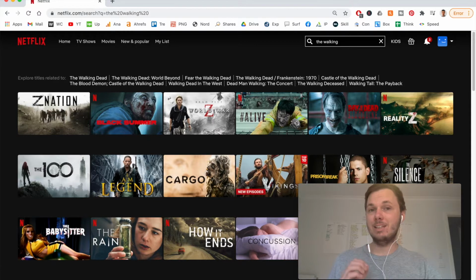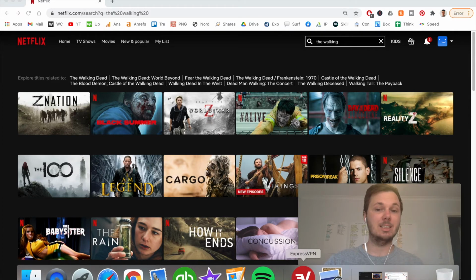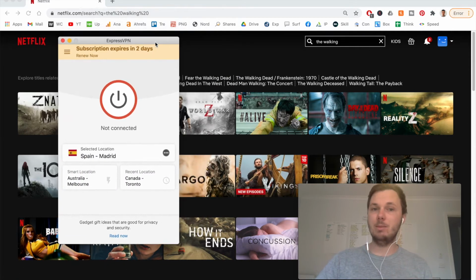However, you can easily fix this by using a VPN, which is also known as a virtual private network. And essentially what this allows you to do is change your kind of digital location so you can bypass all of the restrictions and access the American version of Netflix in a very easy method and also a very fast method as well. So the VPN I'm going to be using in this video is one called ExpressVPN, and I have found it to be one of the best and the most reliable at bypassing the restrictions to watching the